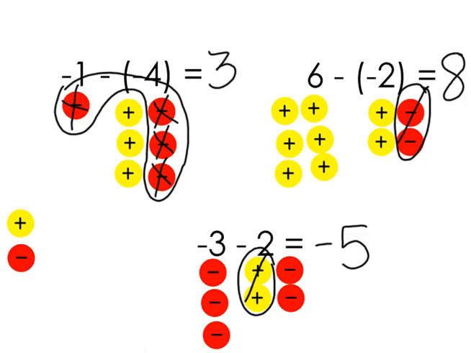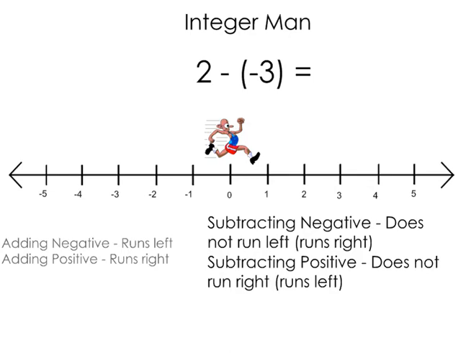Okay, next method. We've got integer man back, and the new parts you're going to add to your notes are that when you are subtracting a negative, it's basically the opposite of when we were adding a negative. So adding a negative, he's going to go to the left. Subtracting a negative, he does not go left, which means he goes right. Subtracting a positive is the opposite of adding a positive. So instead of running right, he does not run right, or you could say he runs to the left. So it's just the opposite of what we did